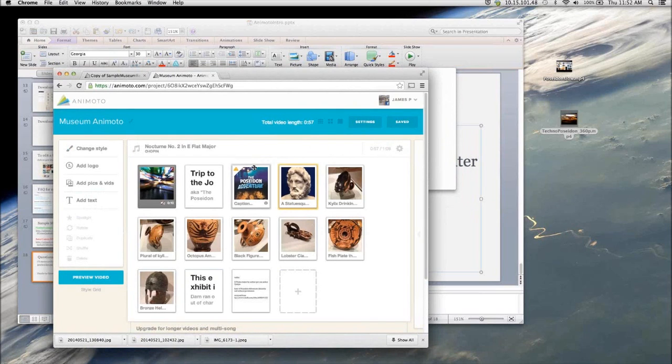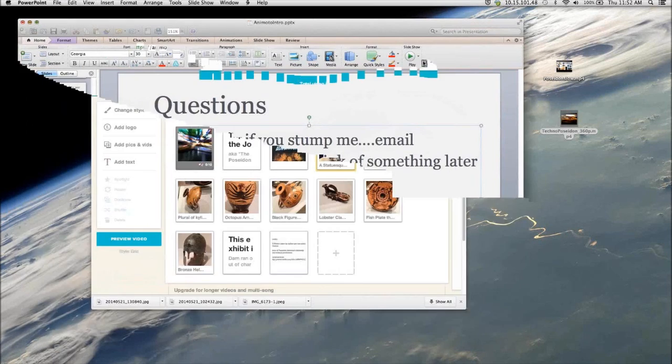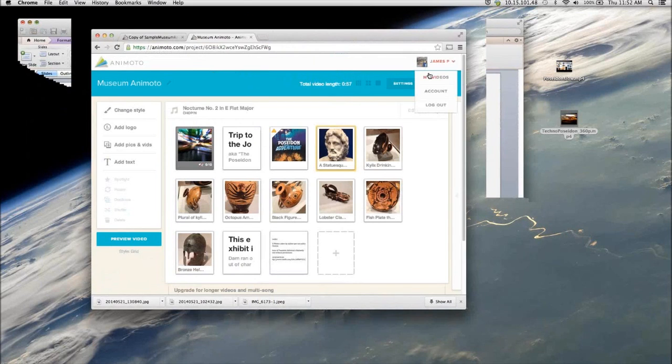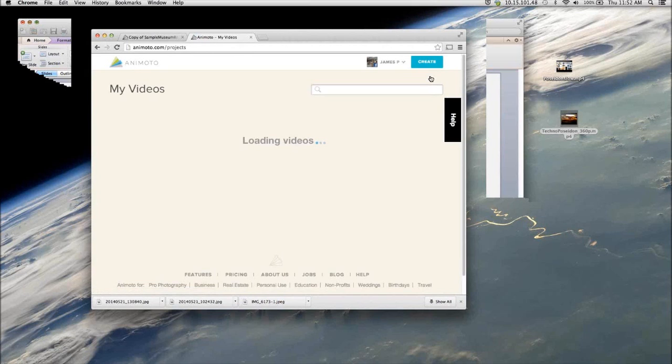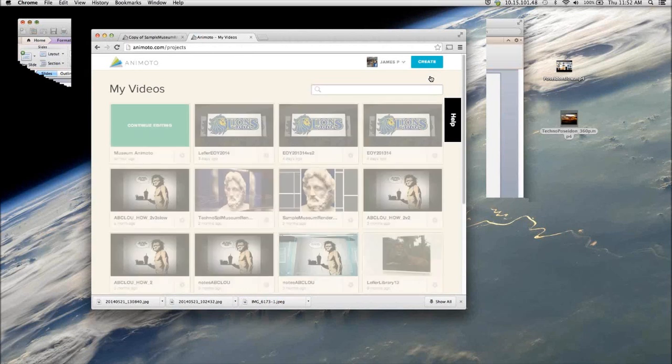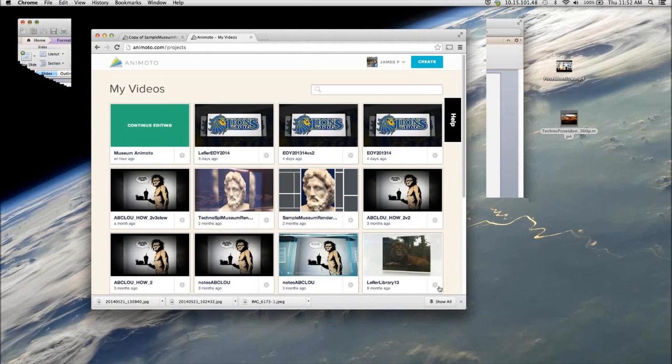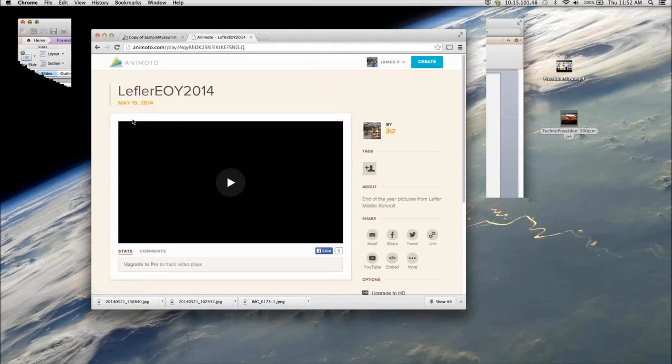So here's the actual window. If I went back to my videos, I was also nervous about doing live web stuff when I didn't have control over it. Here's one that's like continue editing, so it's still got the project. But this one I would actually have to edit a copy if I want to do that. If I want to edit that one again, or I can get rid of it if I don't need it. And it shows you what